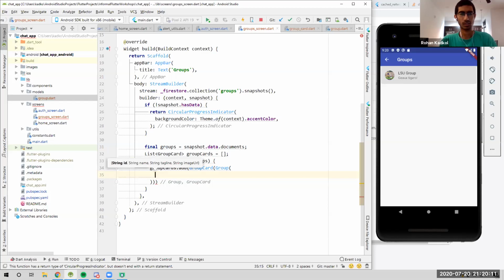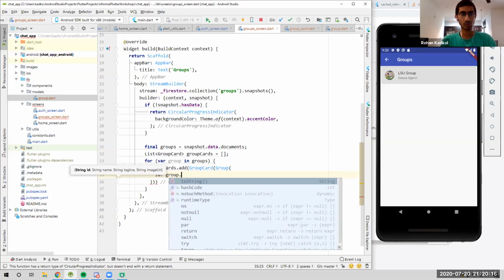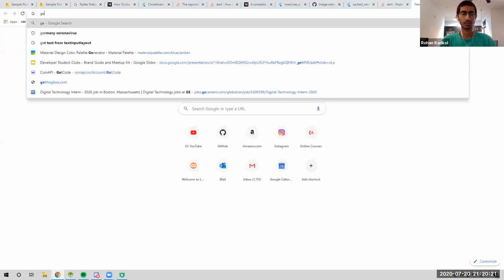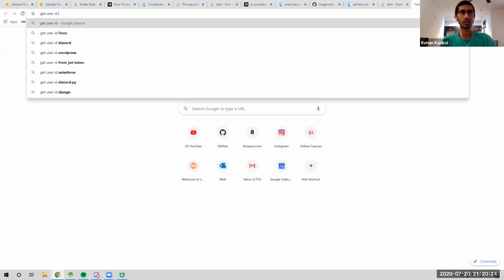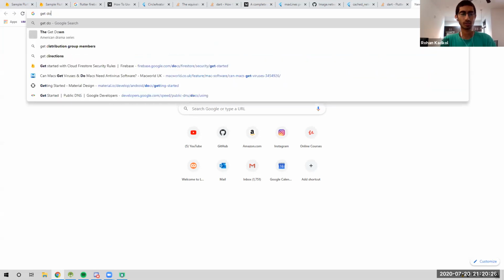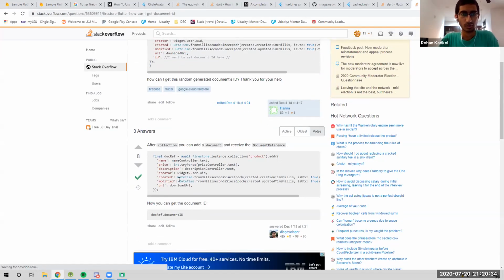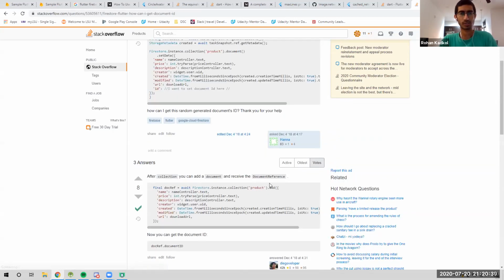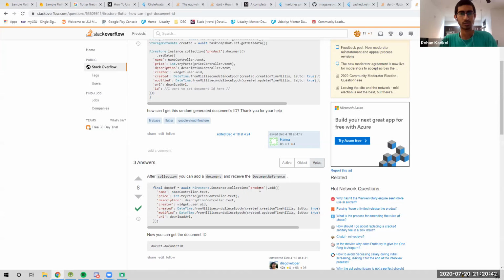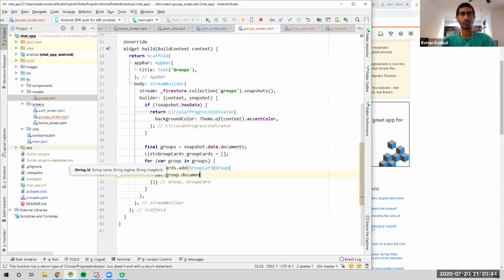A couple of things here. ID is equal to group or UID or something. Let's see. Get user ID or get document ID Firestore Flutter document ID dot document docref dot document ID. If it doesn't work, we'll edit this document ID,